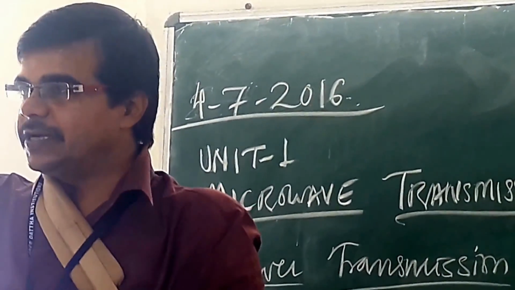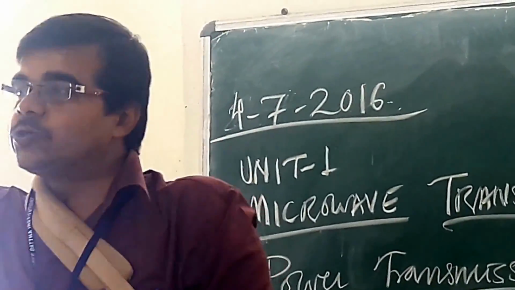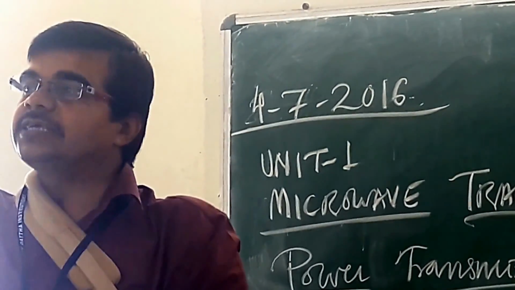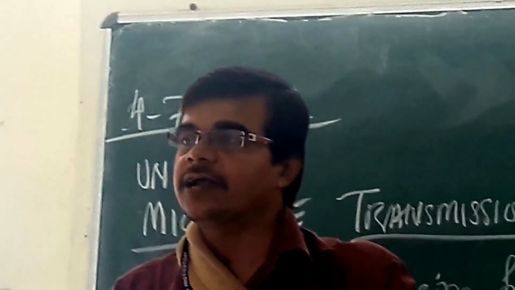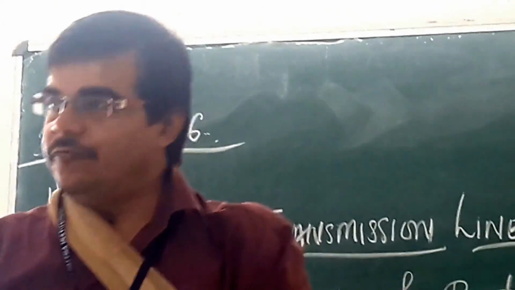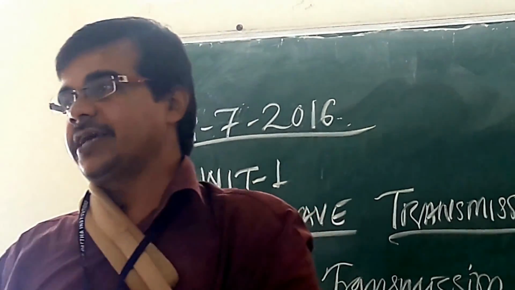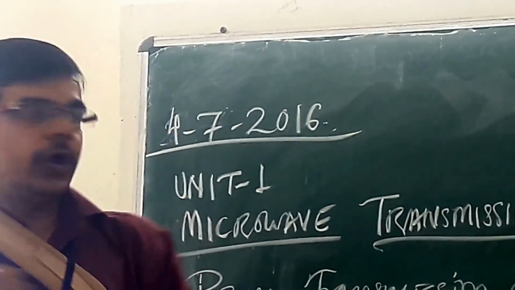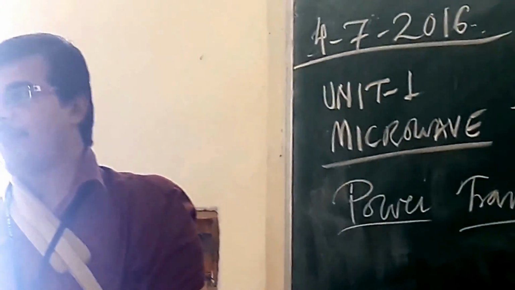Whenever we are transmitting the power from the transmitting end, there should not be any reflected wave from the receiver side. So we are considering that we are having a waveguide which is of infinite length and there is no reflection from the receiver side. Then we are going for calculating the equation for power transmitted in